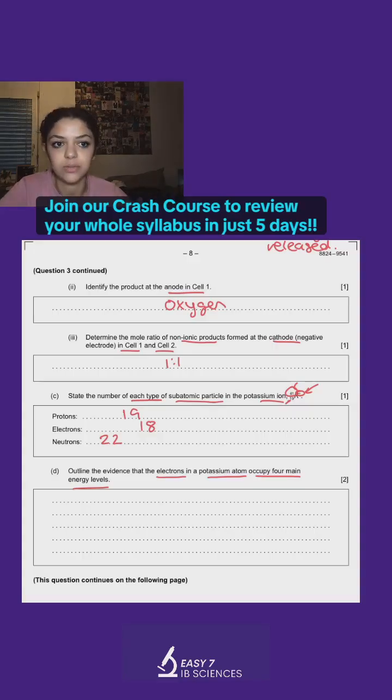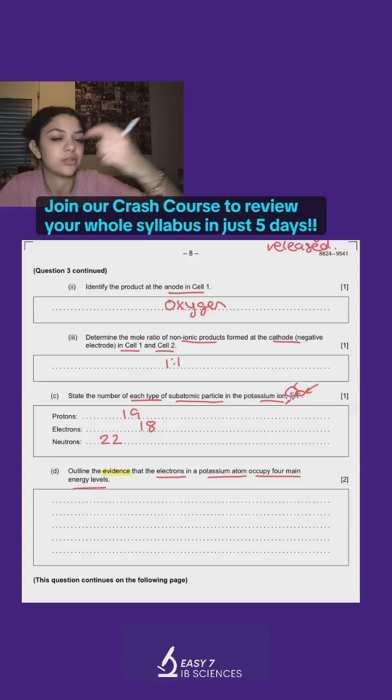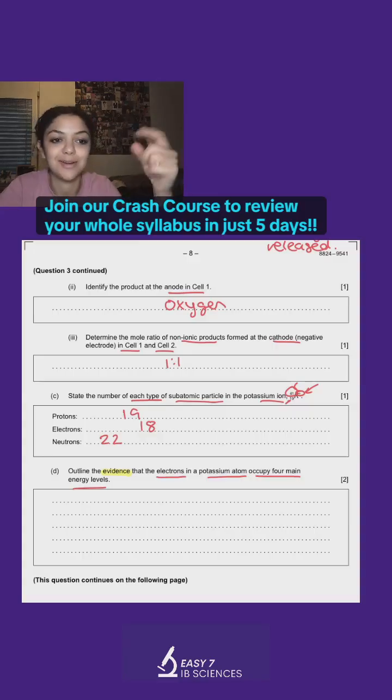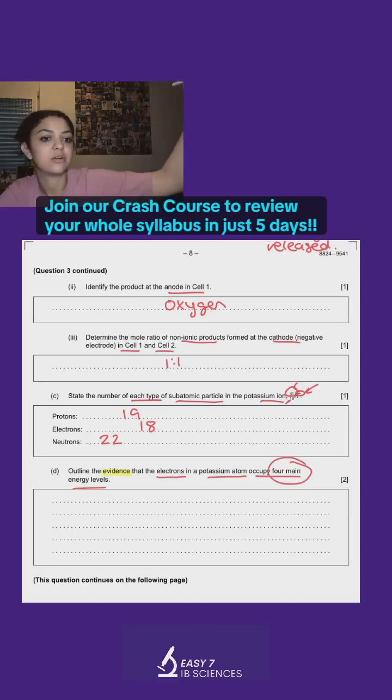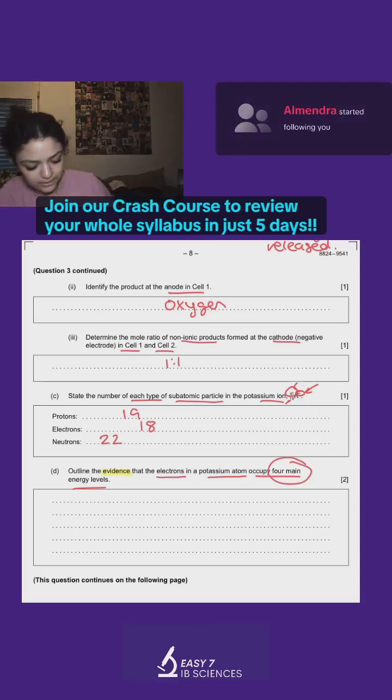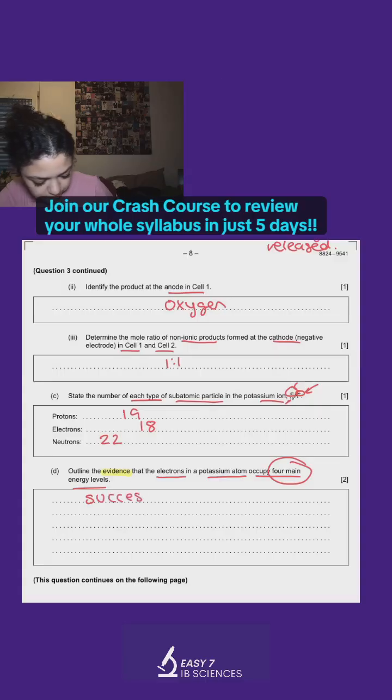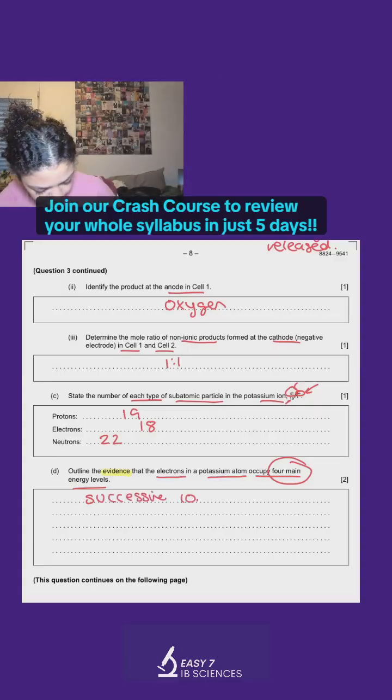But the key thing with this one is that they're asking you, what is the evidence? Outline the evidence. And Kavya name dropped it perfectly in the comments, talking about the successive ionization energy. So when we're looking at the ionization energies, it's the successive ionization energies, which is just basically a diagram to show how much energy it requires to remove an electron. And as you go between those major energy levels, there's a huge increase in how much energy you need. So by looking at the successive ionization energy,